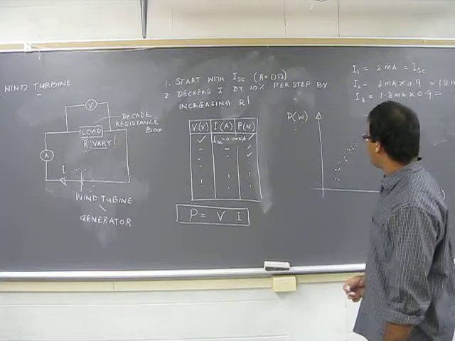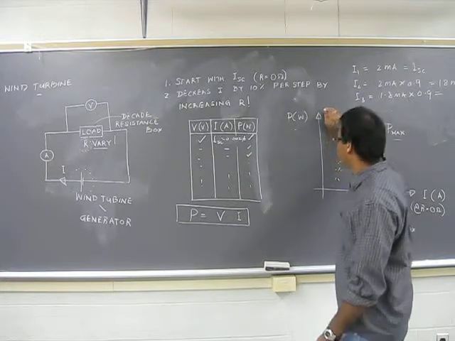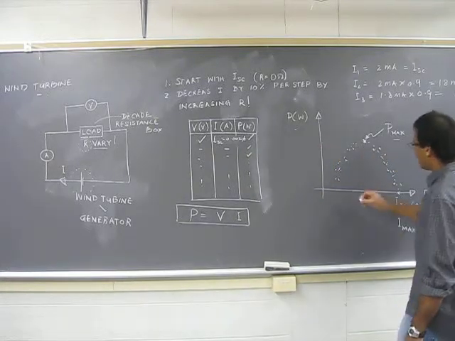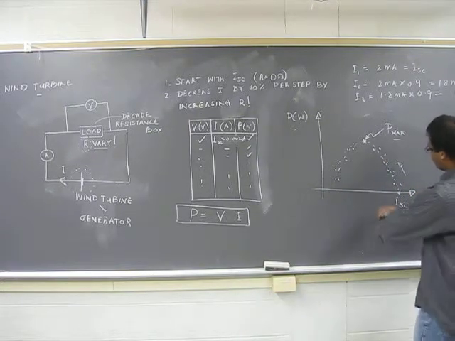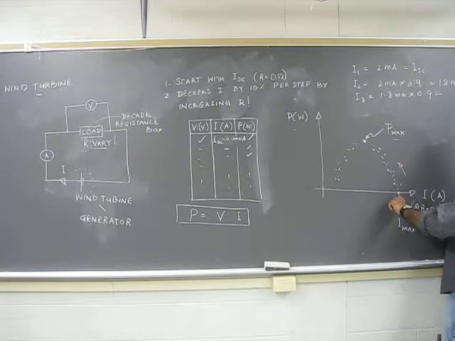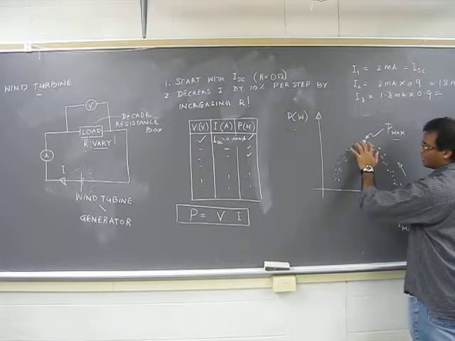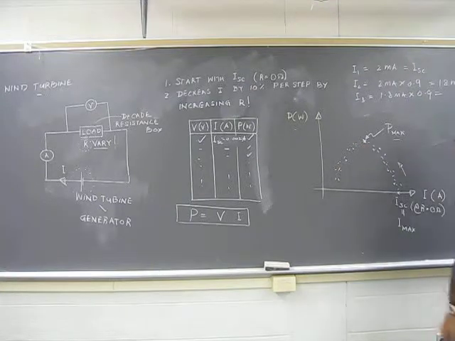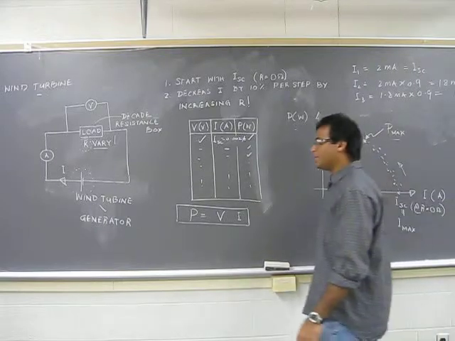At the same time, I would suggest one of you start plotting this data using Excel. Plot power versus current, and you will see that you start from here. As you decrease the current, your voltage kicks in. So the voltage gradually goes up, although your current is going down, and the power will go up, hit a maximum and then come down. So the Pmax is what we are looking for. When you plot the data, you can clearly see this.